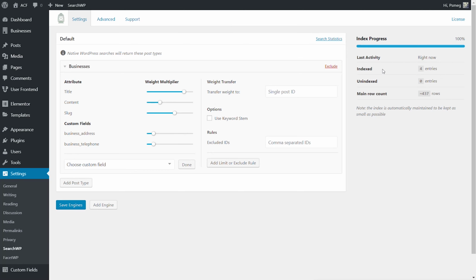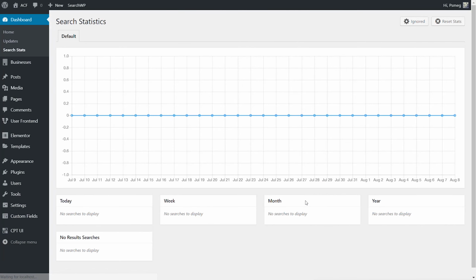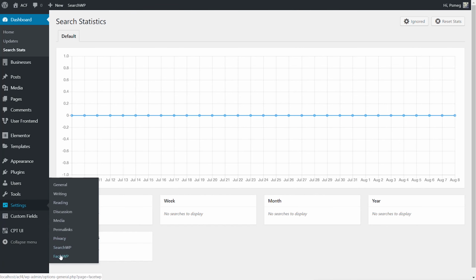So it's telling us it's gone through and indexed all the current information on the site. So we've got search statistics. If we want to jump over there, we can see any search data. So when people start to search our site, we can find out what they're searching for and all those kinds of good things. If we come back out of that and go back to the settings,